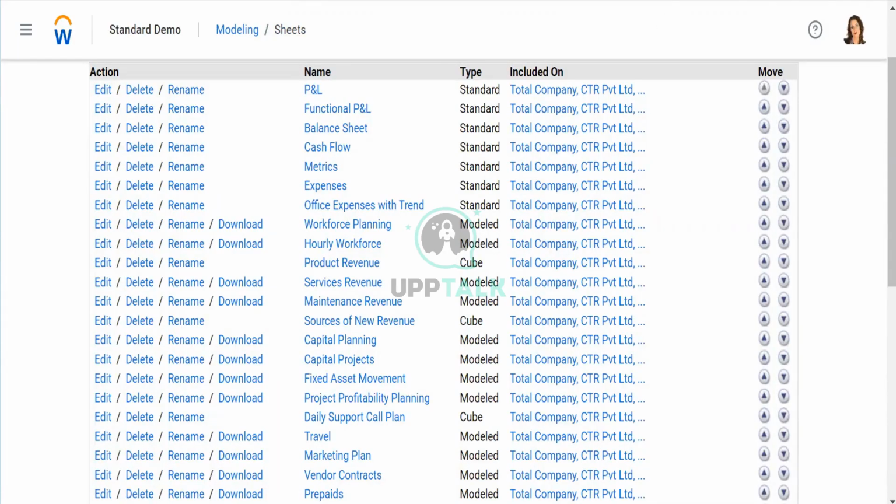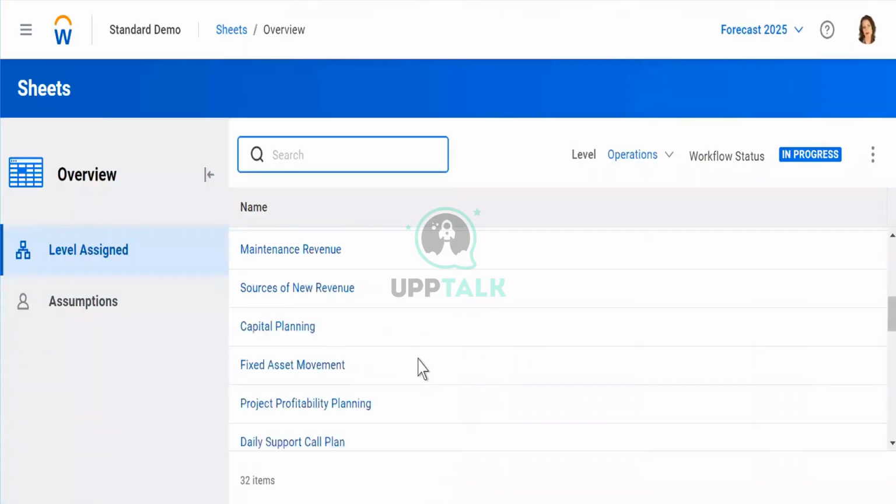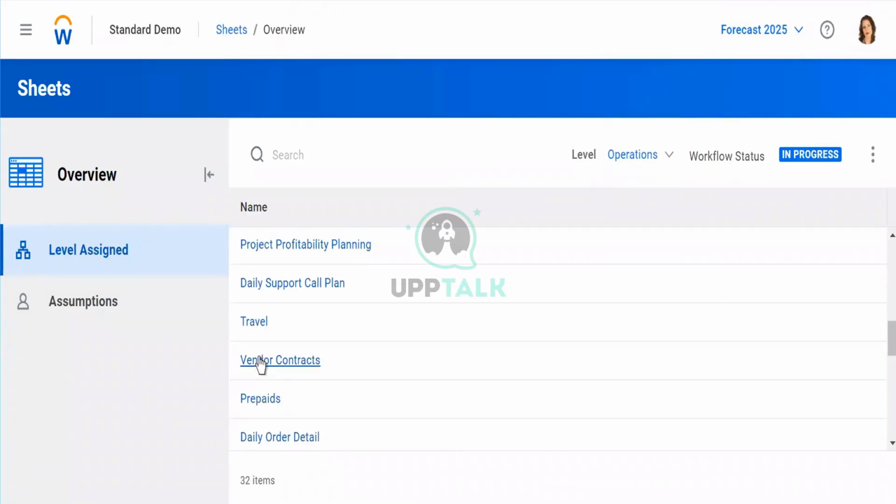Let's try to test one thing. I'm just opening three sheets. Let's say I'm opening vendor contracts. Let it open.